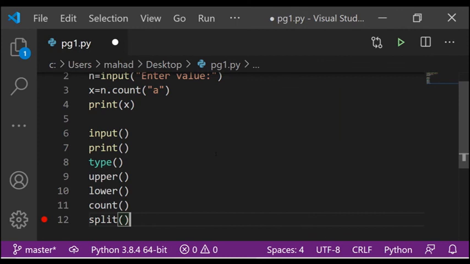Did I leave anything? Yeah. So these are the functions we did see. This is one of the most basic things which should be known in order to code in Python.